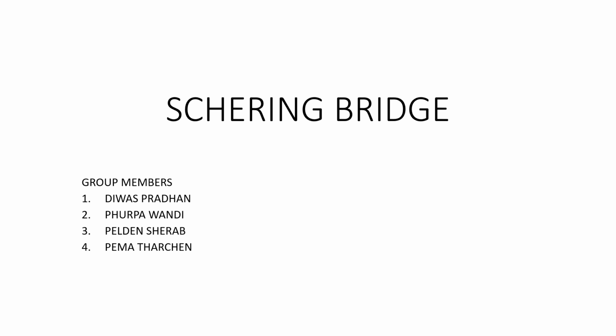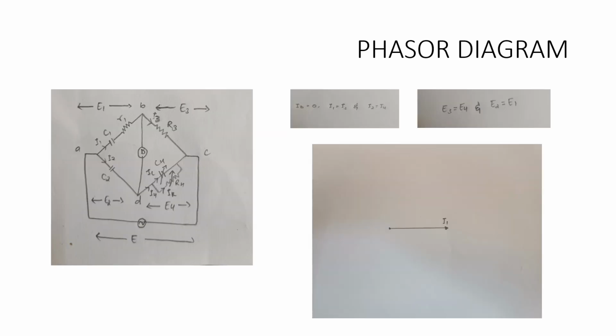Today I am going to continue on my part the Phasor diagram of Schering bridge. So we are going to take I1 as a reference line, and we should know that the deflecting current in the bridge ID is equal to 0, which will give us I1 equal to I3 and I2 equal to I4. Now we extend the line